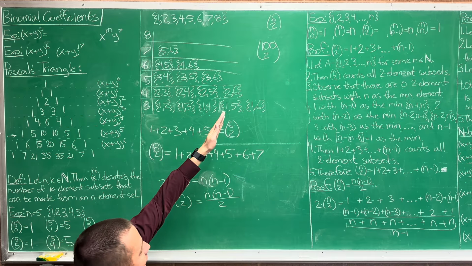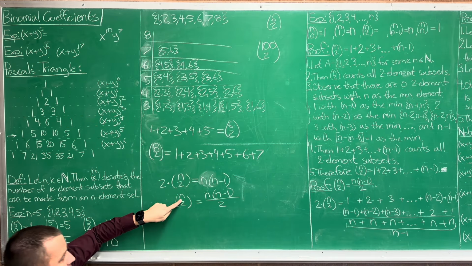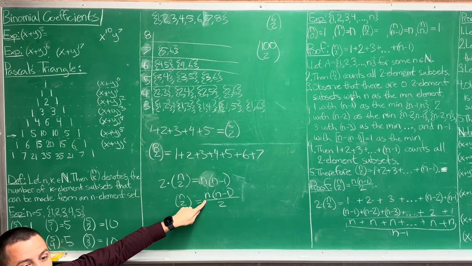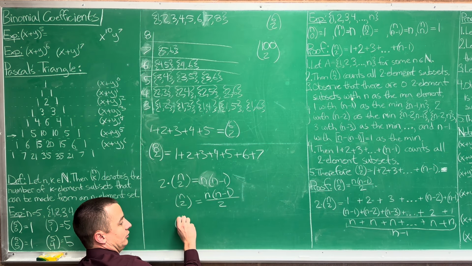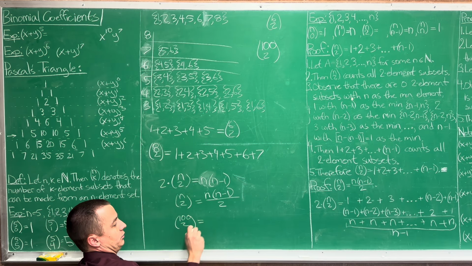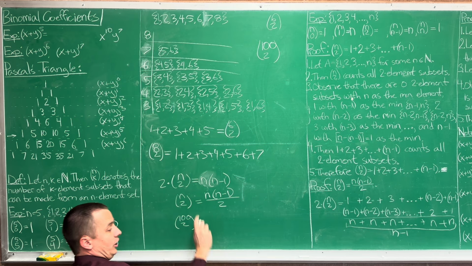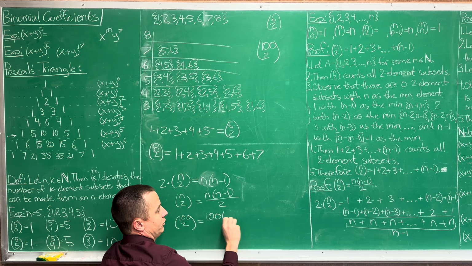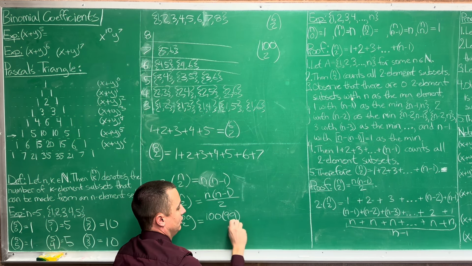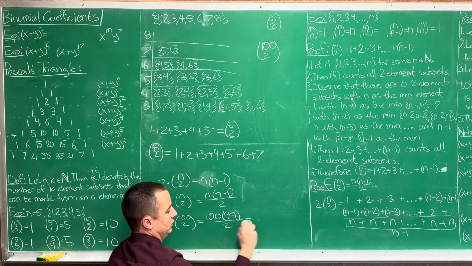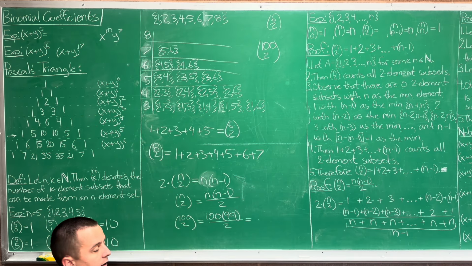Adding all the numbers from 1 to 99 is going to be, you're just plugging in 100 into this. So let's plug it in. 100 choose 2. What's this equal to? You're replacing your n with 100. 100 times, what's 100 minus 1? 99. All over 2, which is equal to